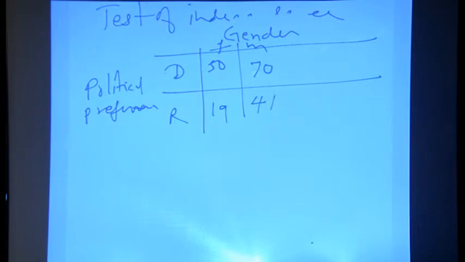Now, we want to know whether gender is equally distributed among these 2 parties. If the Democratic Party candidate says, oh, 50 and 70, I am going to win, and Republican Party says, oh, 19 and 41, but no, we want to find statistically if it is significant or not. Are they equally distributed or not? If they are not equally distributed, then we say, okay, Democratic Party is preferred by, who prefers, males or females? So, gender preference. We can find out that preference by calculation.